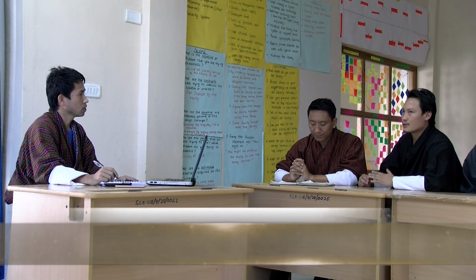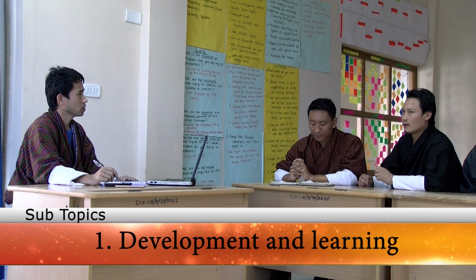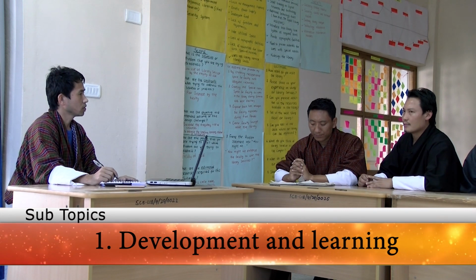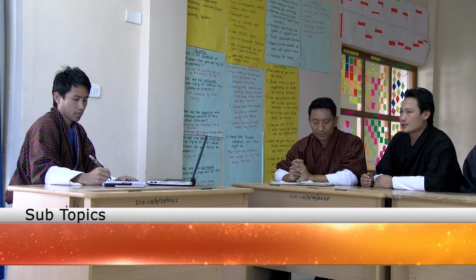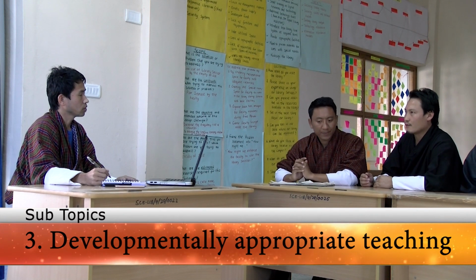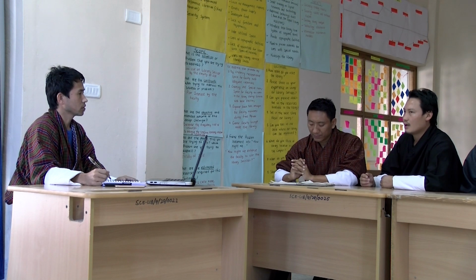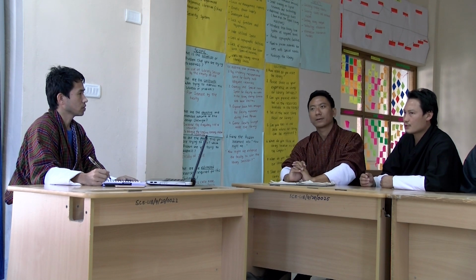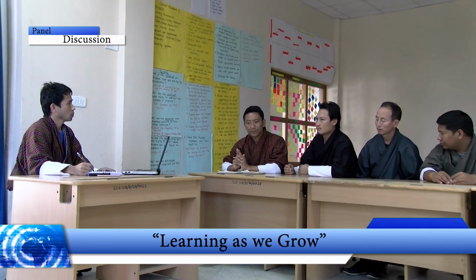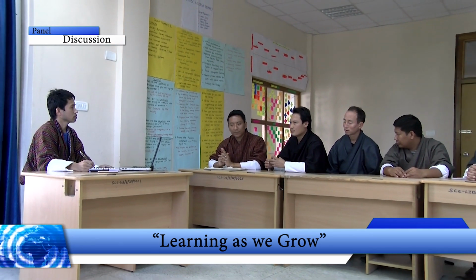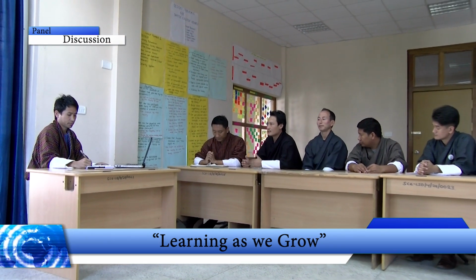So once they are coming to school, the government has also taken into consideration that they must be fully developed in terms of mental as well as physical. So in that case, the government has ensured that our child must attain the age of 6, and only then is the government allowing our children to enter the school. And overall, I think this physical pathway is the foundation to all other pathways that my friends might be talking about later. So if we have this pathway developed well, then the rest will be taken care of.